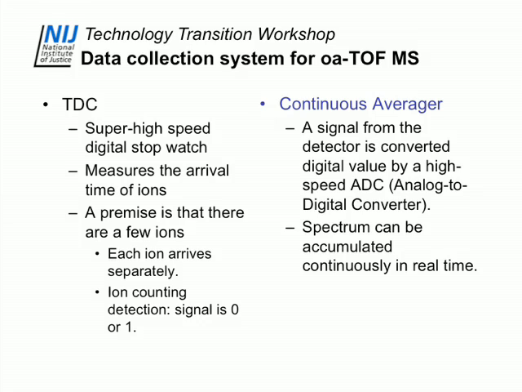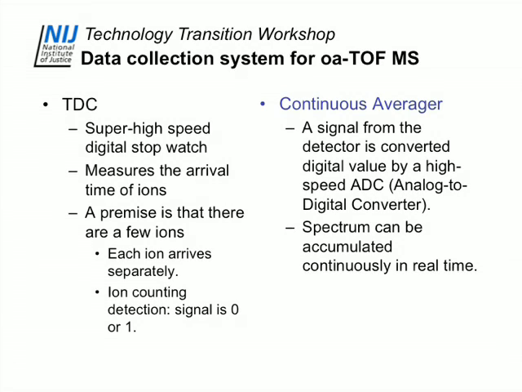The time-to-digital converters were used first in a lot of systems, and they're still used in a lot because they're really fast and easy to design. But the premise is there aren't very many ions hitting the detector at a time, so you're just counting ones or zeros at each time point, whether an ion hits the detector or not. The continuous averager, or a fast analog to digital converter, works pretty well, and a spectrum can be